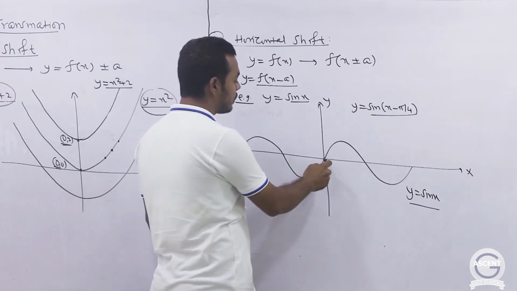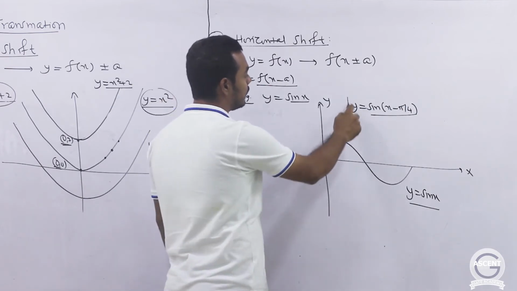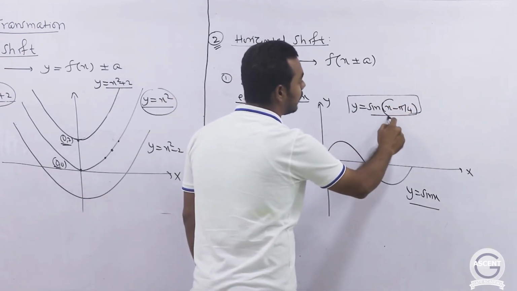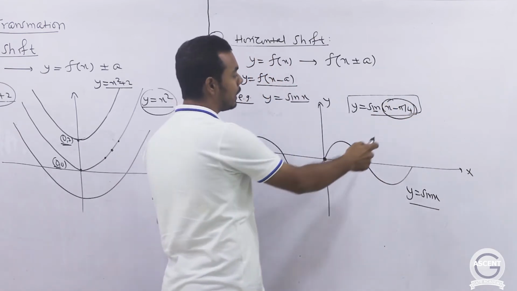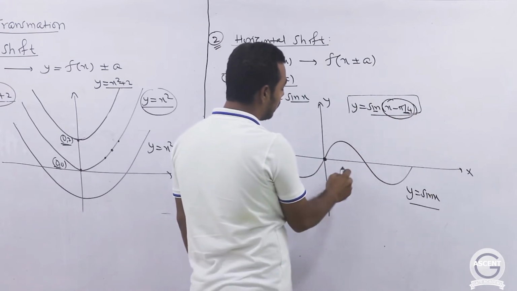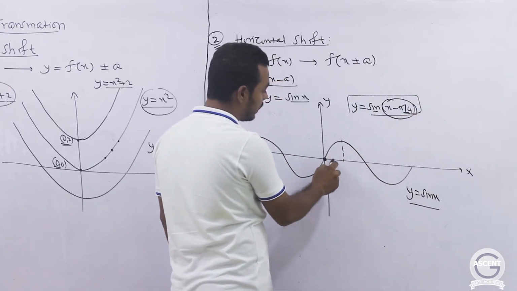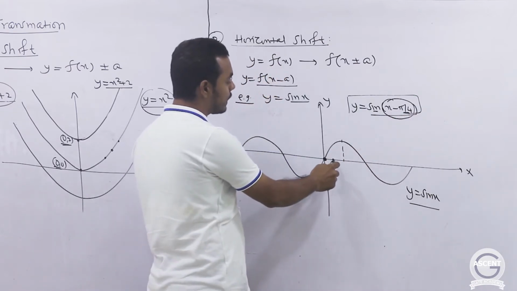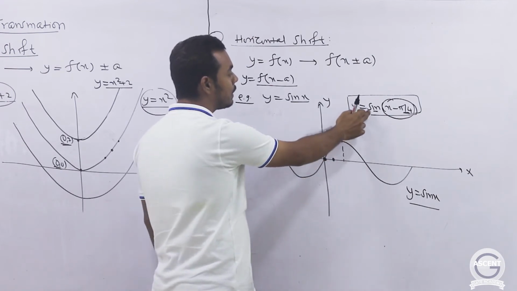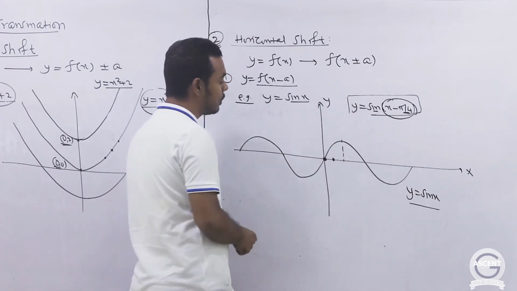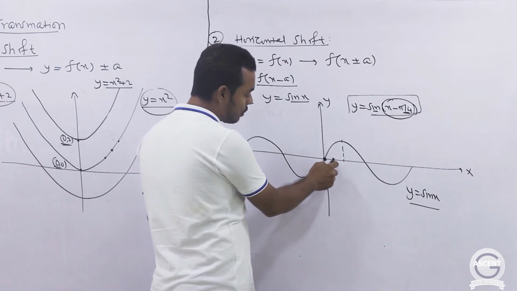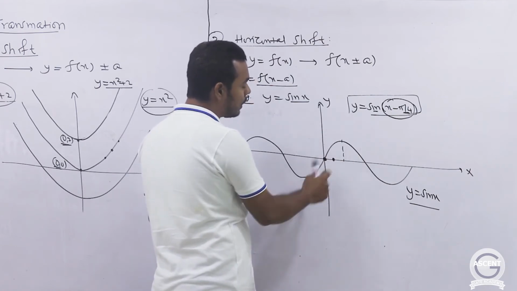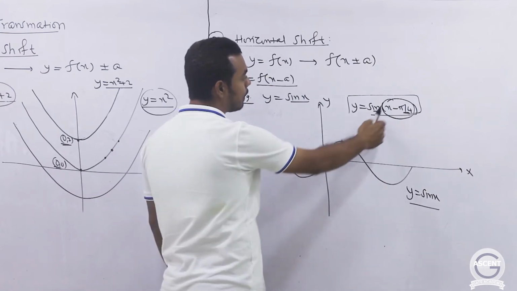So now what will happen? See, when x is 0, sin x is 0. But for this graph, when x minus pi by 4 is 0, then the sine will be 0. Meaning that when x is pi by 4, so here you will get pi by 4. So when x is pi by 4, then sin of x minus pi by 4 will be 0. Similarly, what is happening? This point is shifted to here, and similarly all the other points will also shift by pi by 4 units